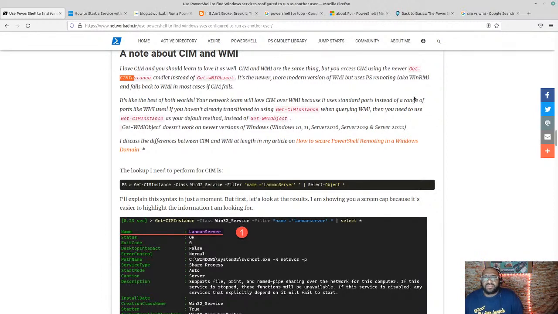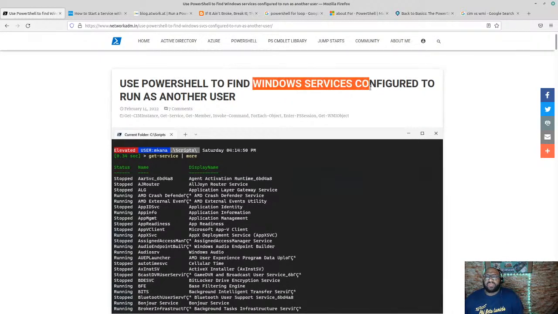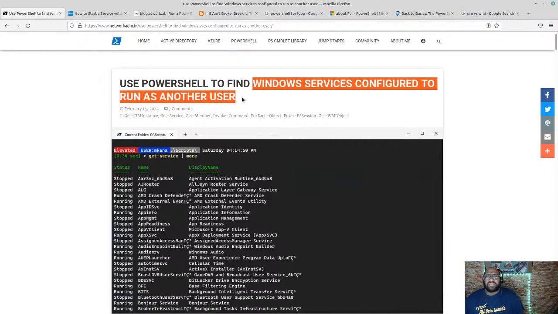Now, this particular script that we're going to go through today is actually in the blog posting as well that I've created and I'll put up tonight. This is walking you through how to find a Windows service that is configured to run as a different user. Why do you think that's important, right? If you're looking to get into